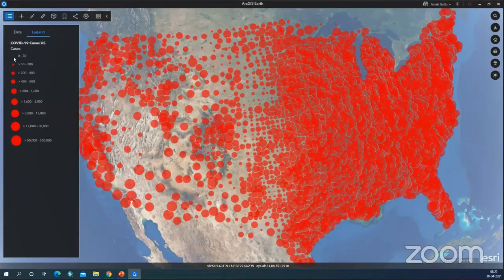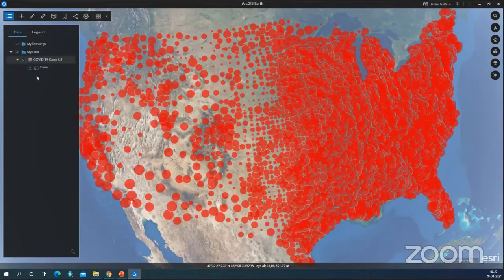So the smaller dot will show you fewer cases, and the more cases, the bigger the circle. Okay, so I'm going to this cases layer and just right click on the COVID cases, and if you want to change the symbology or see the properties, you can see the properties.